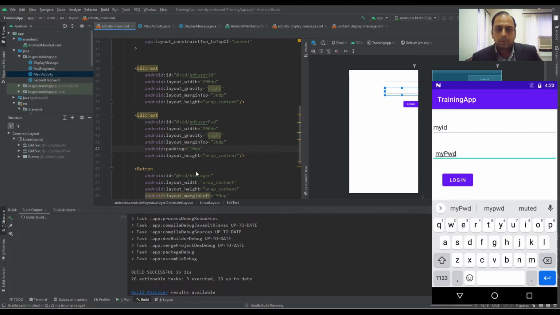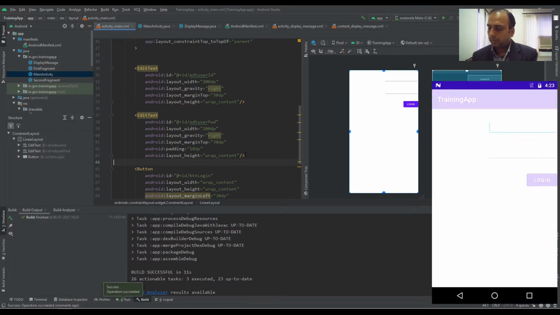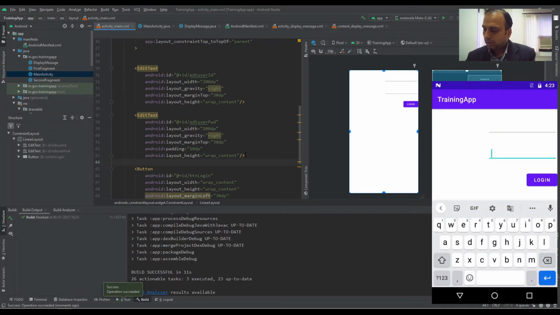It is taking some time. Let it take its time. And now we have our new app. Okay, so now the width of the edit text is not 100%, it is 200 dp, and remember that 200 dp is device dependent. So 200 dp is looking something like 3 or 4 centimeters on my device. It will not always be 3 or 4 centimeters on every device. Depending on the DPI, the resolution and the screen size, this size may change.